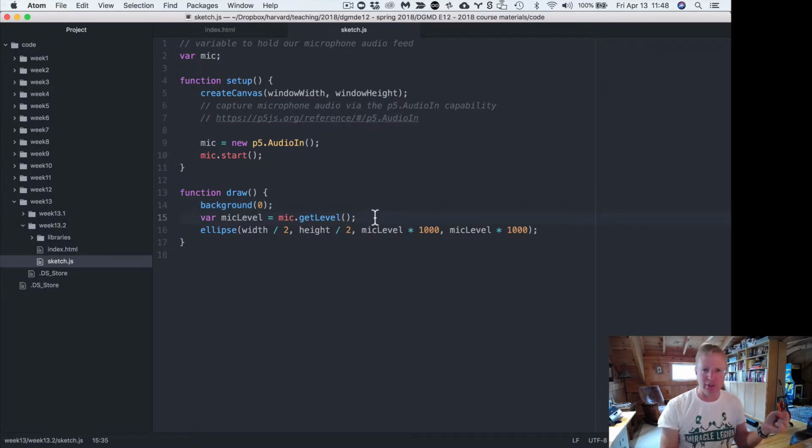I'm going to declare a value here within my draw function. Every time through my draw loop, I'm going to grab the mic level and assign it to my variable called micLevel. So I'm going to say mic.getLevel, which is going to get the current level of the microphone amplitude from 0, being sound is off, I don't hear anything, to 1, being as loud as it gets. And I'm going to partner that